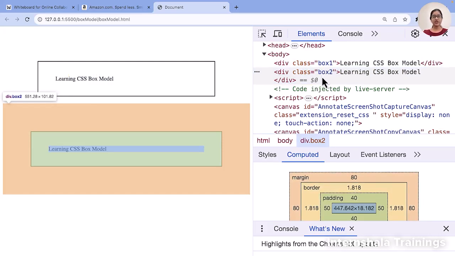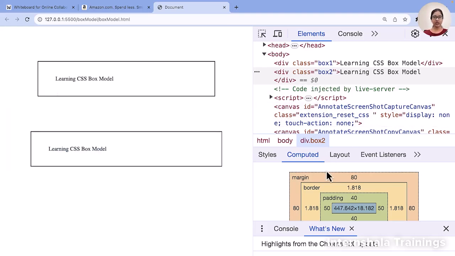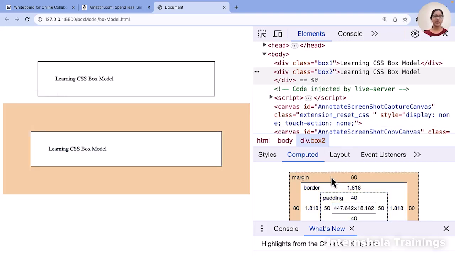The space between this orange shade ending and the top one is only 20 more, because the space between the two elements will remain the maximum of the two. It is 100 pixels. Now it has become 80. Means 80 is the margin for this, and the rest 20 is the space. So this is called margin collapsing.